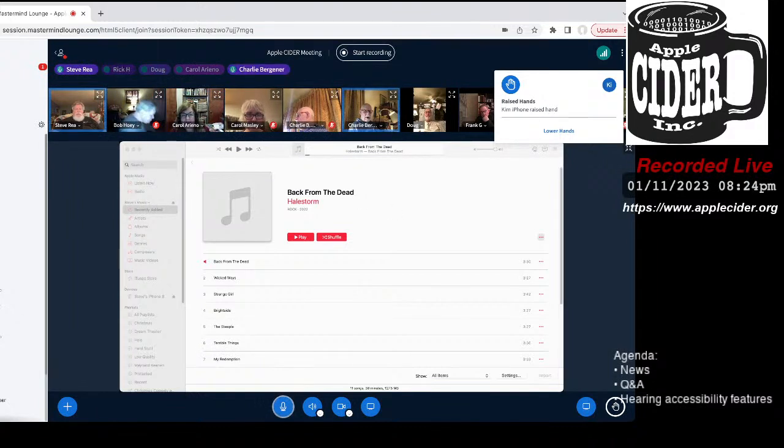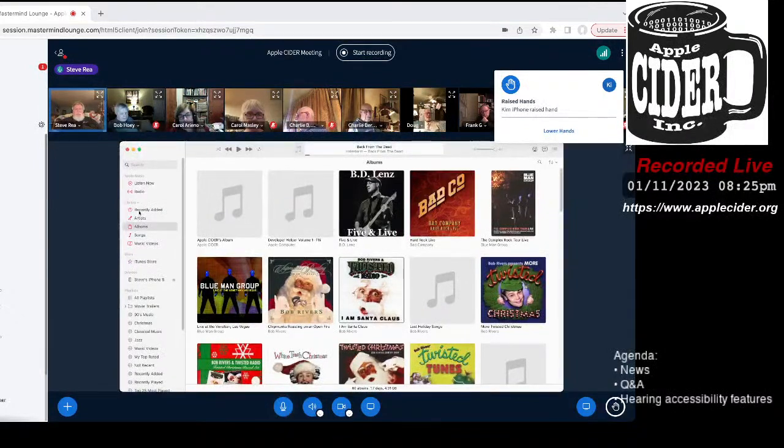So by using that home sharing, you can switch to different computers. In fact, if you have multiple computers, each one can share its own library versus the library on your local computer. So that's a neat way to listen to music that lives on one computer on other computers.